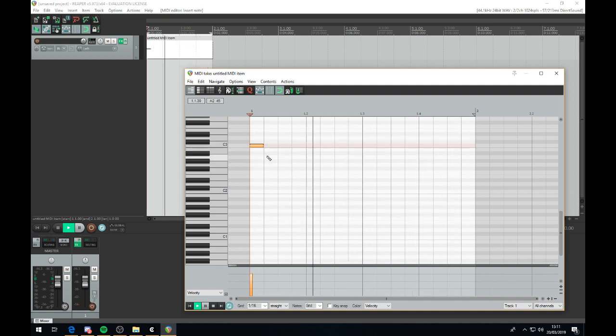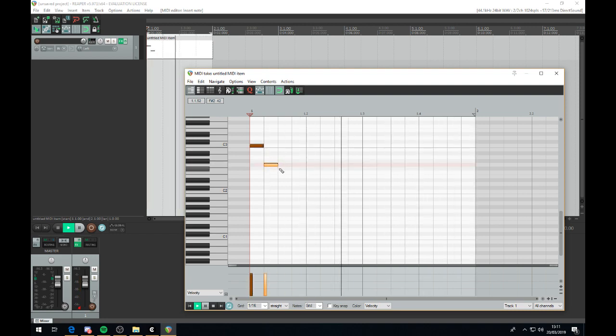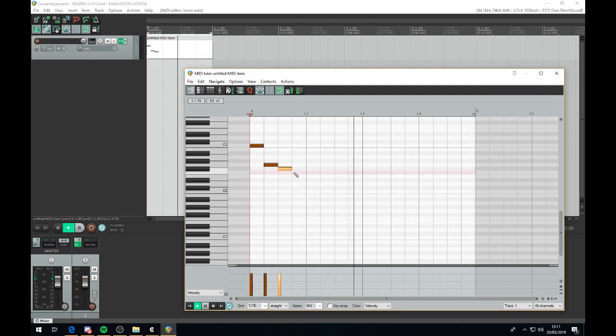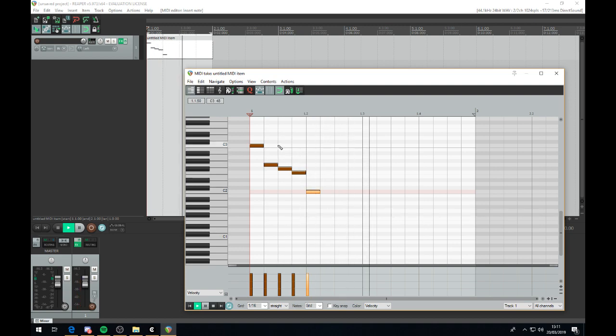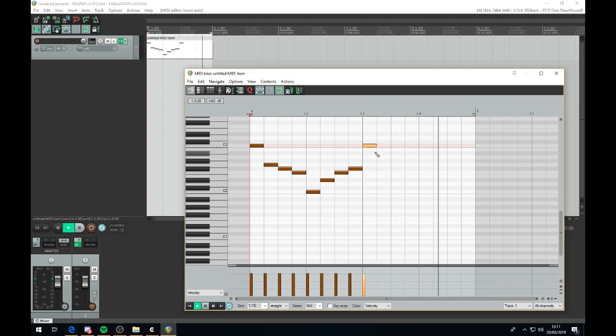I don't know, let's just have again a descending arpeggio of some description. I'm just putting random notes down, by the way. Again, I'm not a musician or anything, but